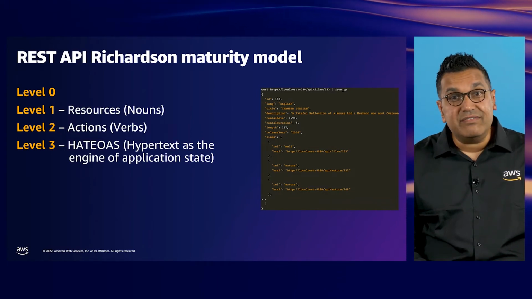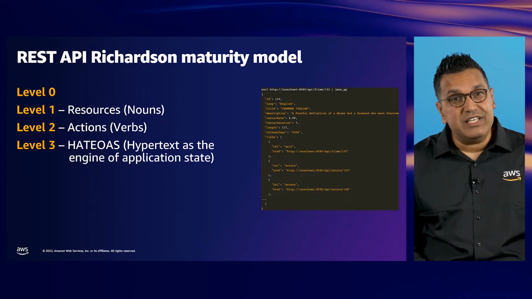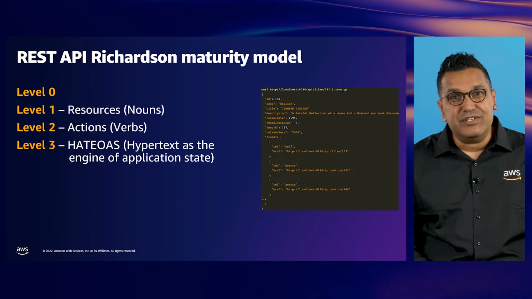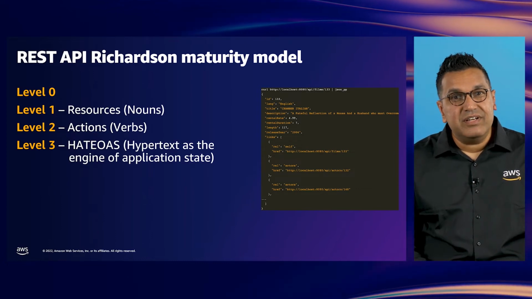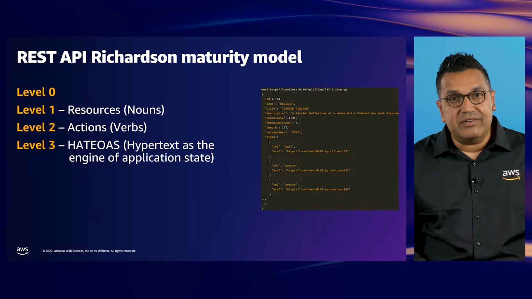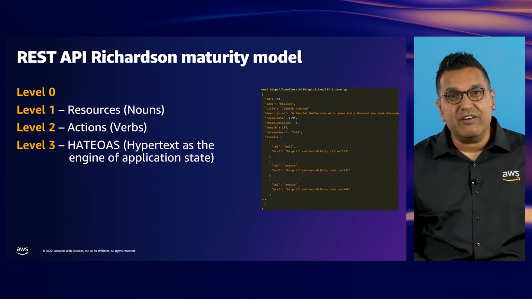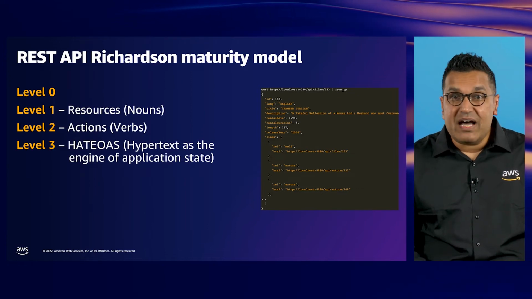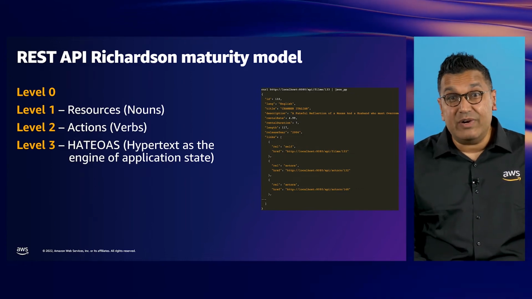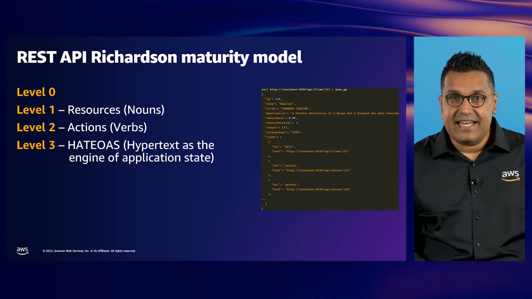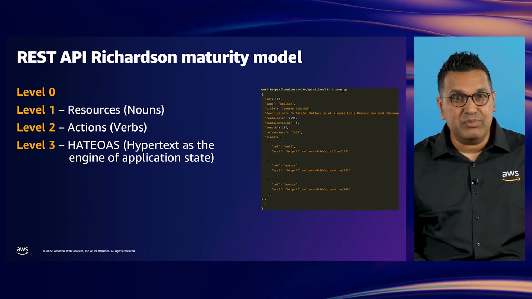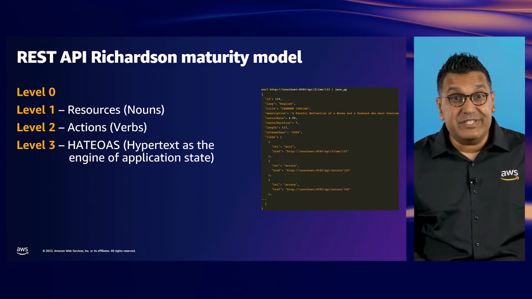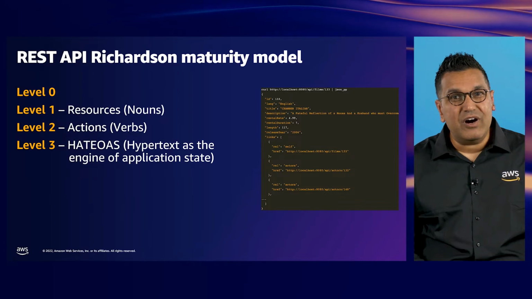Level 1 is when we see resources, or the nouns in your application, being used. Here, usually a single HTTP verb, like GET, is used for all methods against this resource, with actions inside the body of the payload. Level 2 is what we often see as the minimum bar for a well-designed RESTful API. It maps typical CRUD, that is create, read, update, and delete operations, to HTTP verbs POST, GET, PUT, and DELETE respectively. Level 3 REST APIs in the Richardson Maturity Model is HATEOAS, or hypertext as an